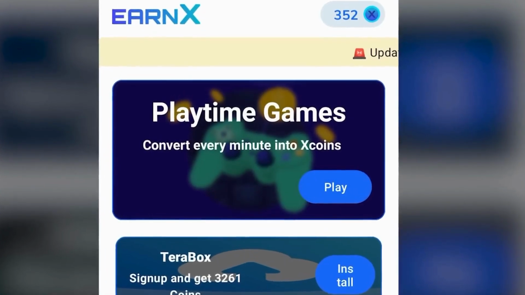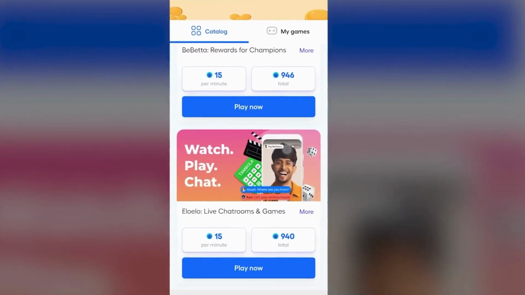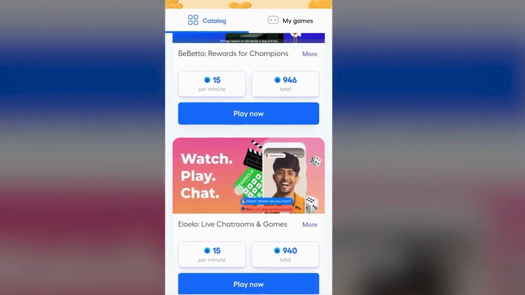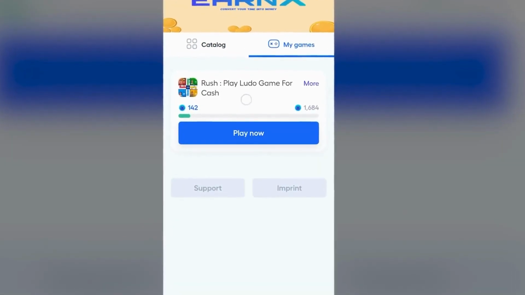And now if I go to Playtime Games again, you can see that the Ludo game offer is no longer available for me because I already joined the offer and it's in progress for me. And now there is some new offer in its place. If I show you my games section right here, you can see that the Ludo game app offer is in